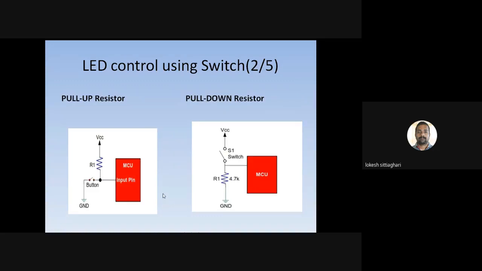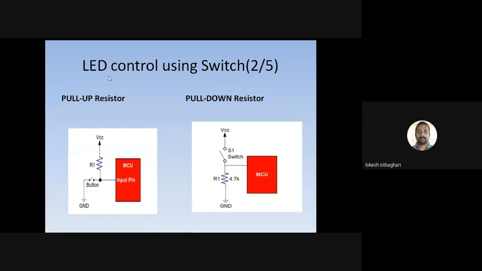Here we have two things: one is called pull up and pull down. In a microcontroller, the voltage must be stable. If you go by logic, it must be either logic 0 or logic 1. For example, I may take logic 0 as 0 volt and logic 1 as 5 volt. If the voltage appears between these, the microcontroller will not respond. In that case, we need to make the voltage a constant value, either logic 1 or logic 0.